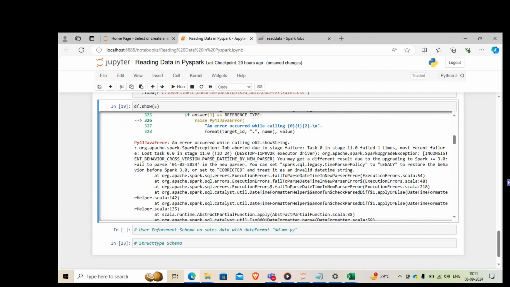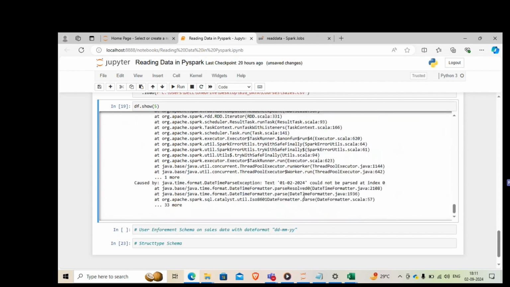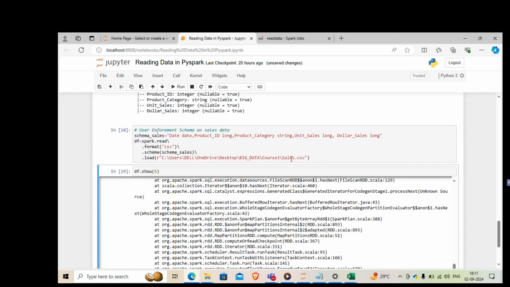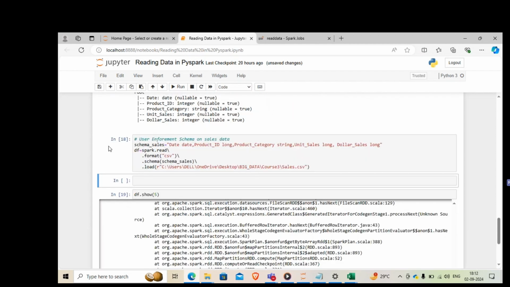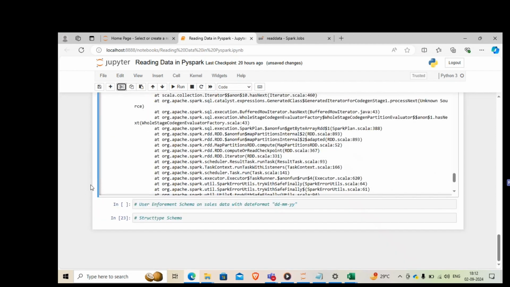Okay, behavior parser is an issue. That's what I see. Parse date time. That's an issue. Now, if you go right at the bottom, it says could not parse at 0 index. The reason being the date format in the sales data was not in a default date format. That is the reason why you are getting this error. So now to deal with such a situation, what you do, you call it out. And so in the next line,